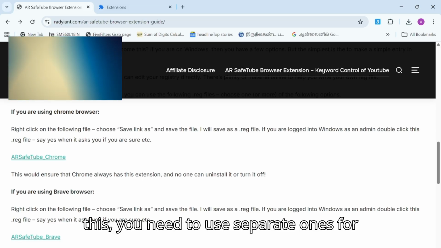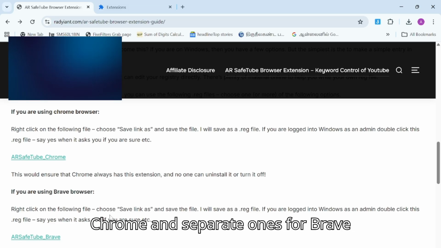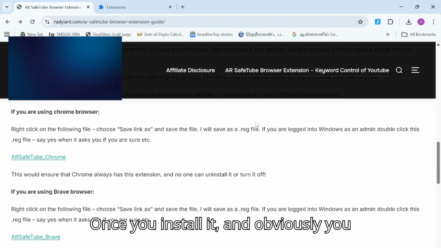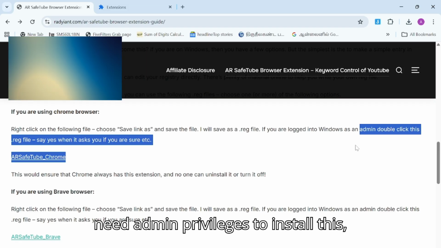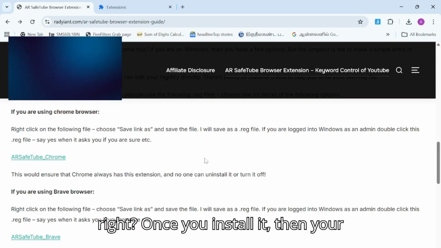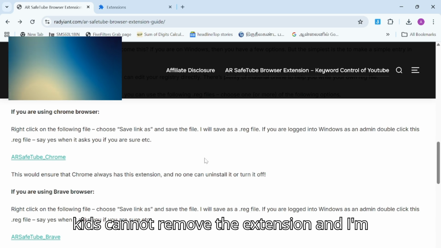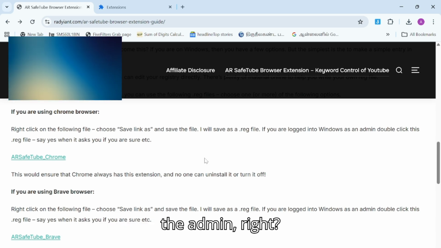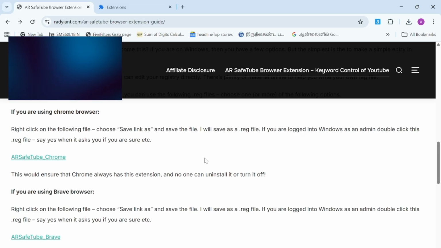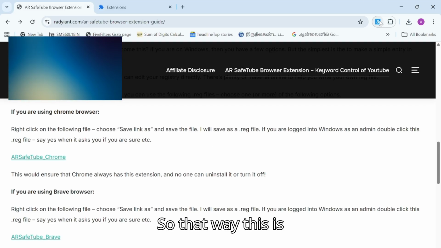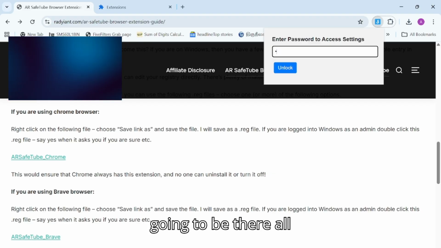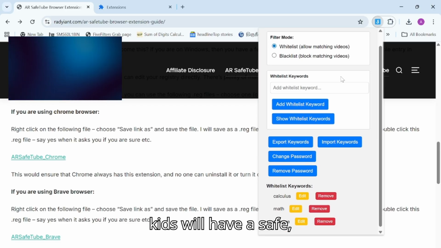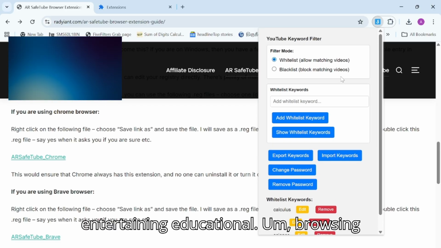You need to use separate ones for Chrome and separate ones for Brave browser. That's the only way. And obviously you need admin privileges to install this. Once you install it, your kids cannot remove the extension, assuming that they're not logged in as the admin. So that way, this is going to be there all the time, and hopefully your kids will have a safe, entertaining, educational